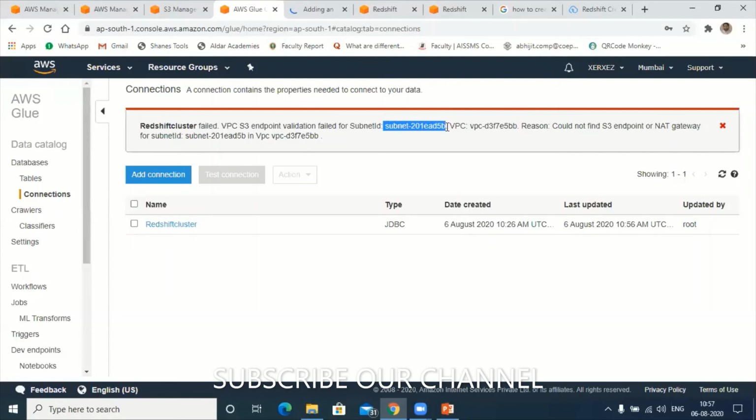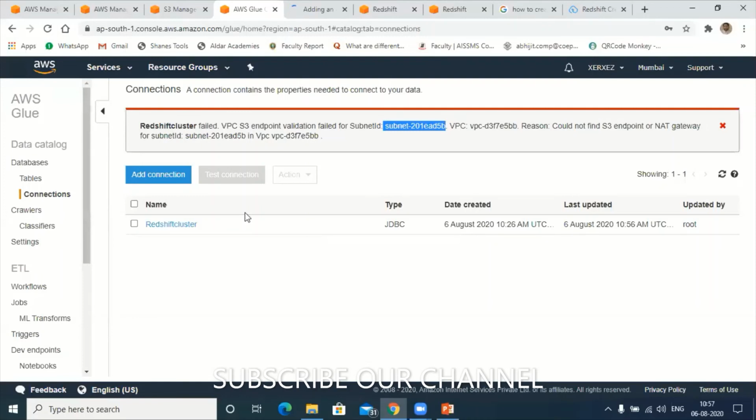Let me check this. Gateway could not find S3 endpoint NAT gateway for this subnet. So the subnet we have configured in S3 is not matching with this.